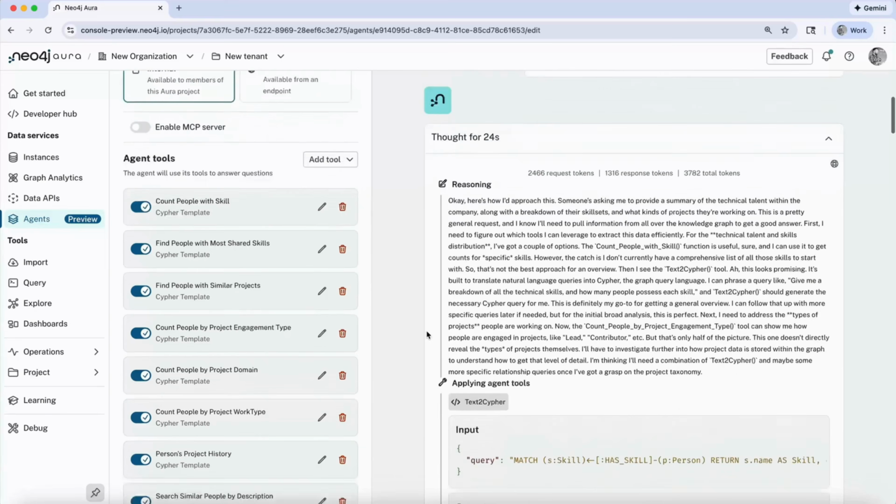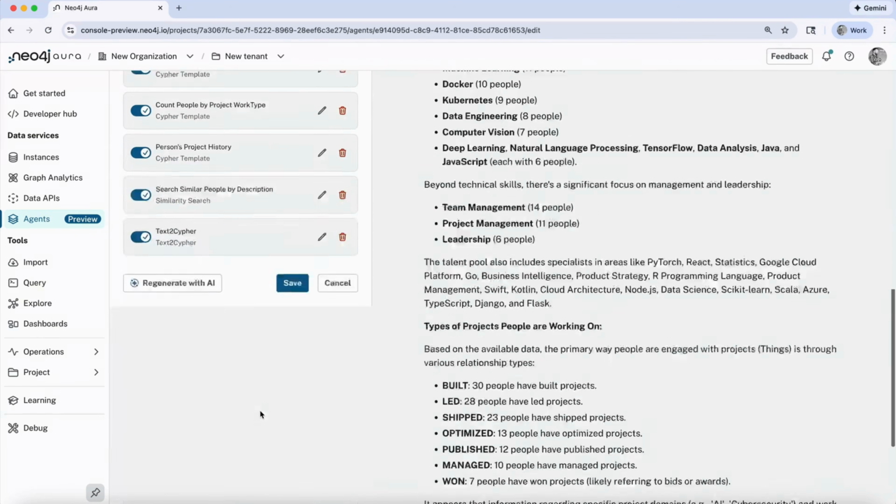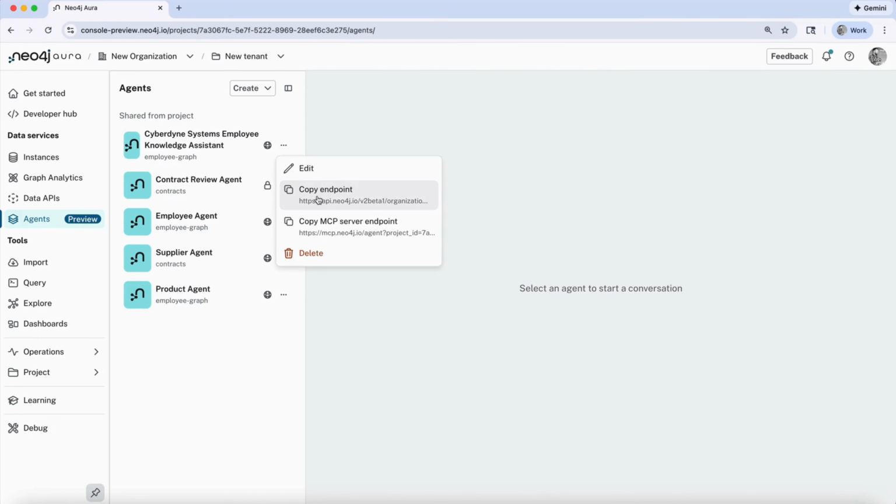On that note, once ready, you can deploy an agent into production by clicking the External Access button. We can also enable a Model Context Protocol or MCP server for this. This will create authenticated endpoints to call the agent programmatically, a REST endpoint to call the agent from any application. This is secured with token-based authentication,